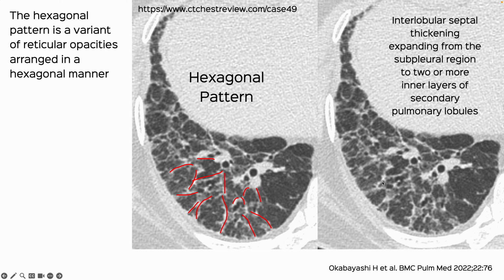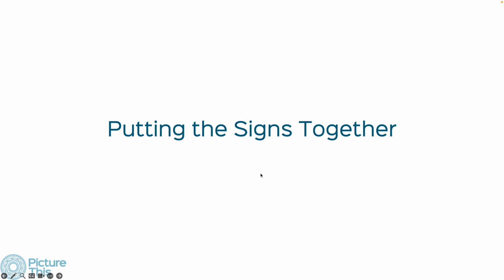These reticular opacities, when they present with this interlobular septal thickening, can look like a confluent hexagonal pattern. And this is often more common with fibrotic hypersensitivity pneumonitis. But this is what a reticular pattern looks like. Now, once we see these three signs, which tell us there is a fibrosing ILD, we then put the signs